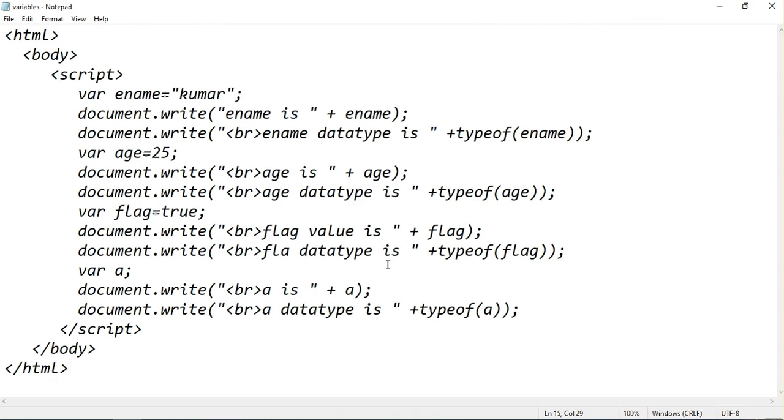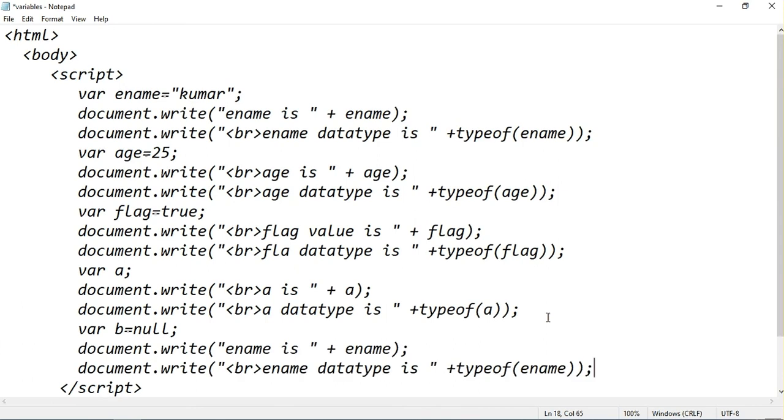And the last variable is null. For example, var b = null. Let me write b value is b, I will put a break statement here, and then b data type is.